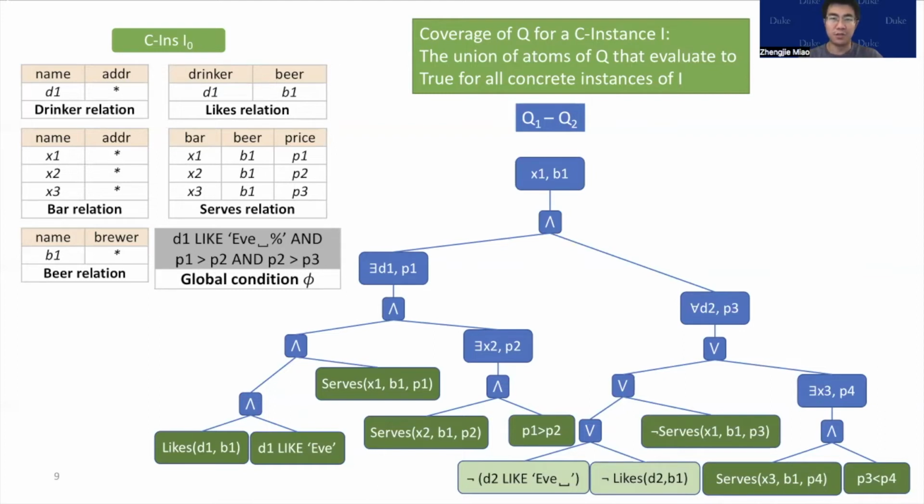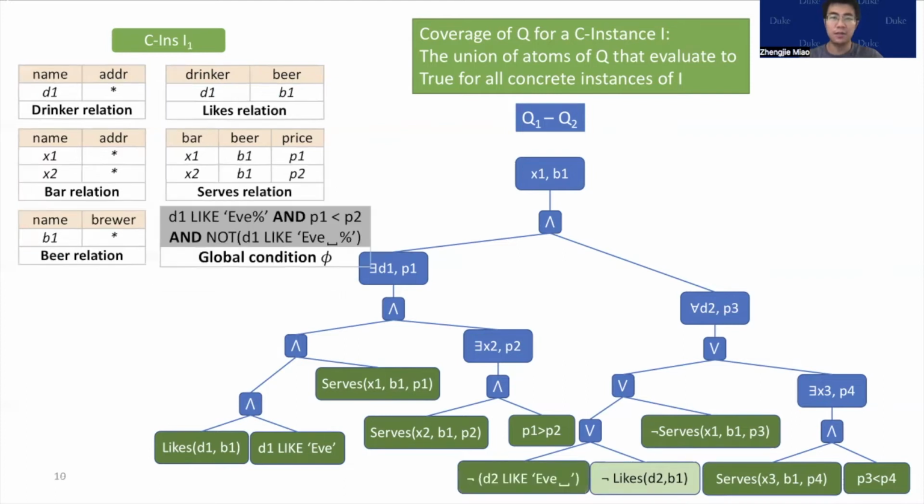This example illustrates the coverage of the instance I0 for the difference between wrong query Q1 and correct query Q2 in our motivating example, where only 2 leaf atoms are not covered. And for I1, compared to I0, the coverage of Q1 minus Q2 has an additional atom on the string comparison condition. Therefore, we can determine that these two instances, I0 and I1, capture the 2 different errors in Q1, since they have different coverage. And the notion of coverage can also help us measure the completeness of the instances.